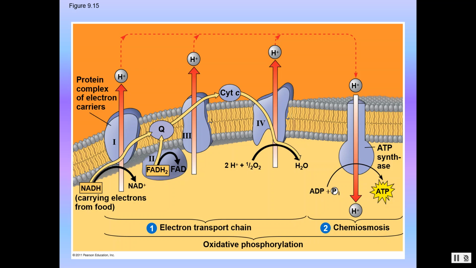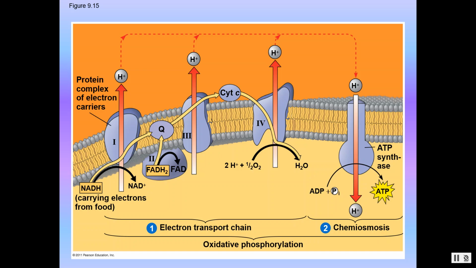And that's when we end up with something that looks like this crazy picture. This crazy picture is called oxidative phosphorylation. You can see that at the bottom. So I'm going to walk you through it. Obviously in the middle of the page, there's a membrane. Now this membrane is actually on the inside of a mitochondria. A mitochondria is a membranous organelle. So this is actually on the inside of the mitochondria, and we have